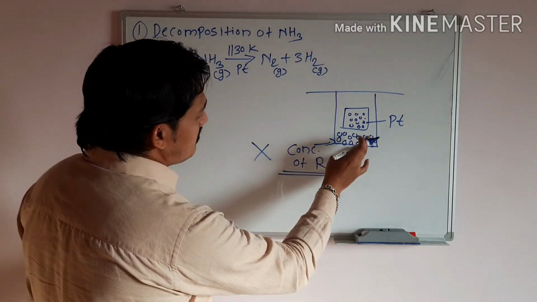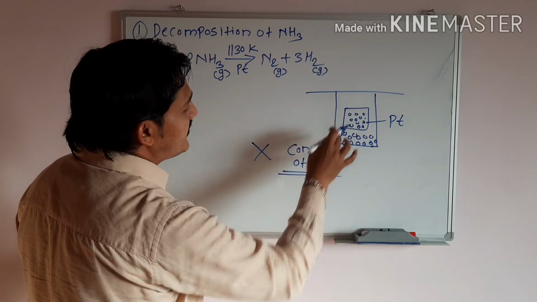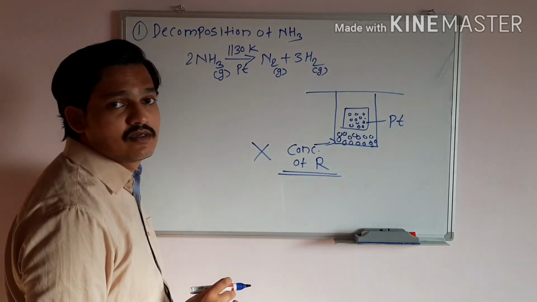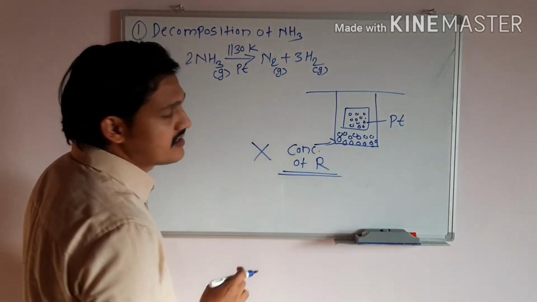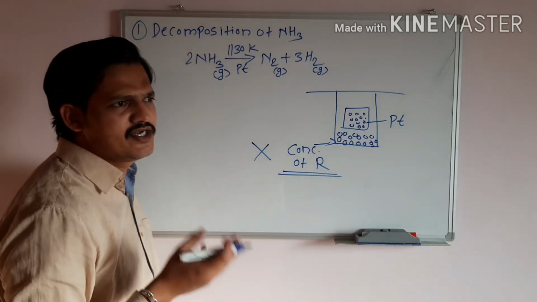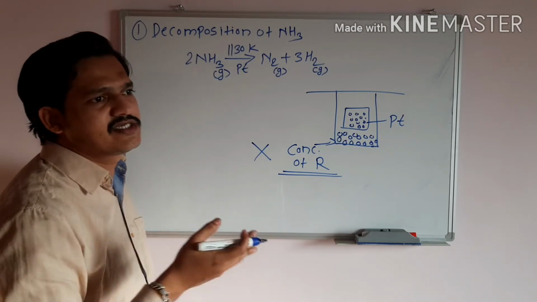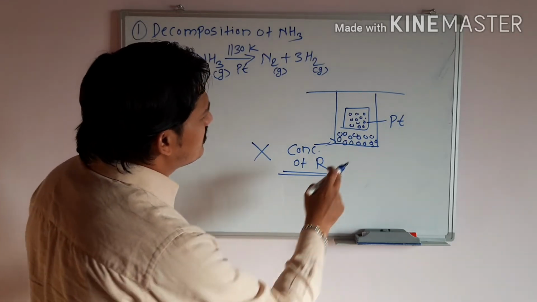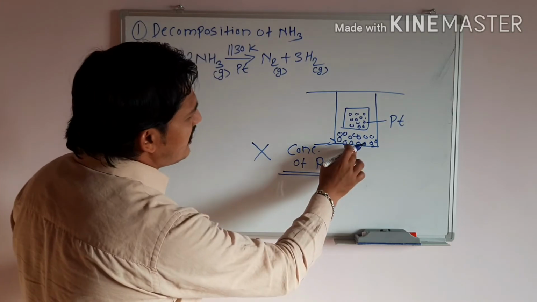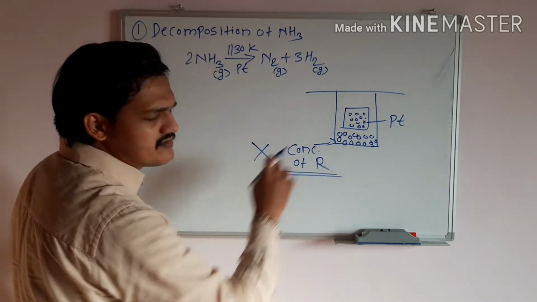If I am taking 100 grams, out of 100 gram there is 90 gram on the platinum surface, okay, and 10 gram as it is. I am not sure about that because conditions vary, for the role of temperature and pressure also. So मी असं फिक्स सांगू शकत नाही की मी 100 ग्रॅम घेतला तर 90 ग्रॅम ऍडसॉर्ब होईल का 80 होईल आणि किती 10 राहील का 20 राहील.